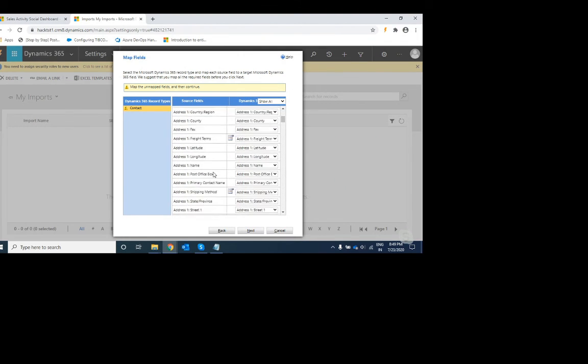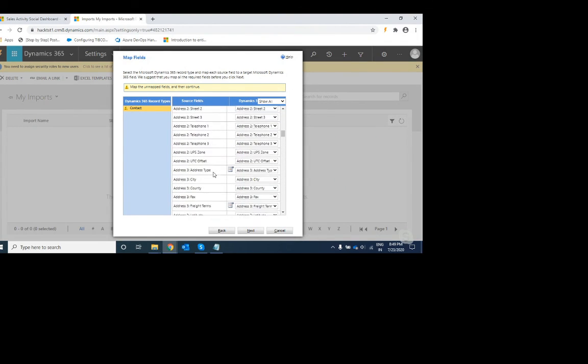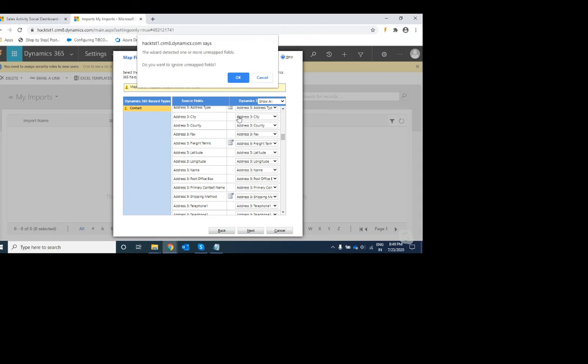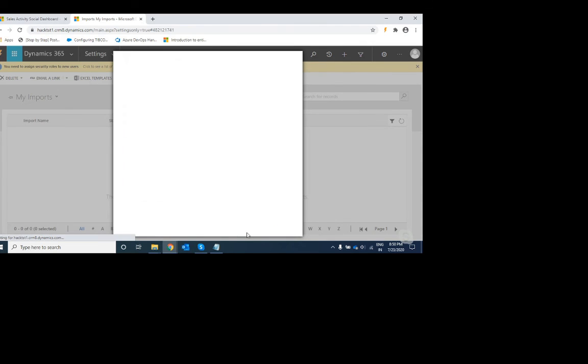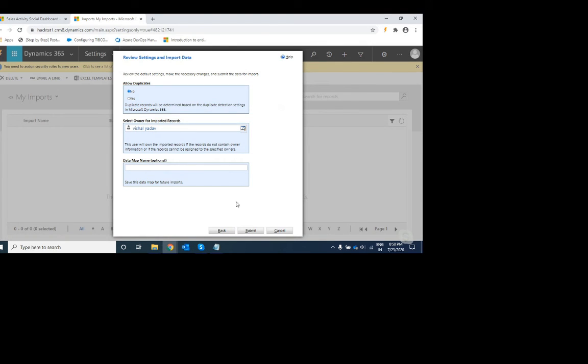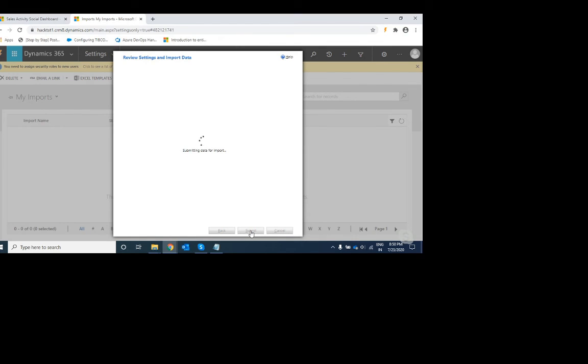By default, Dynamics will map the fields. So I'm using this default mapping and I'm clicking on next. I'm ignoring the rest of the mappings. I'm clicking on next. Allow duplicates, I'm selecting no. This is the default setting. Finally I'm clicking on the submit button.